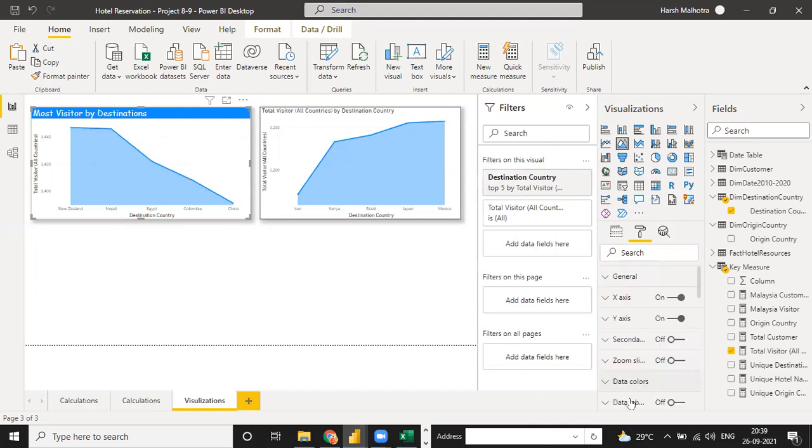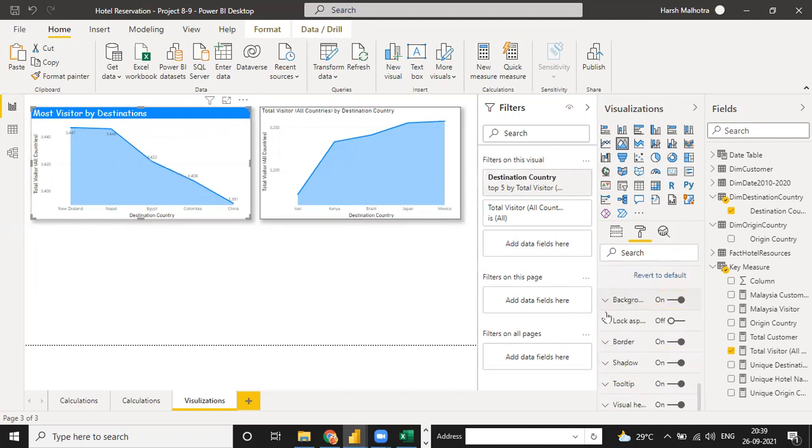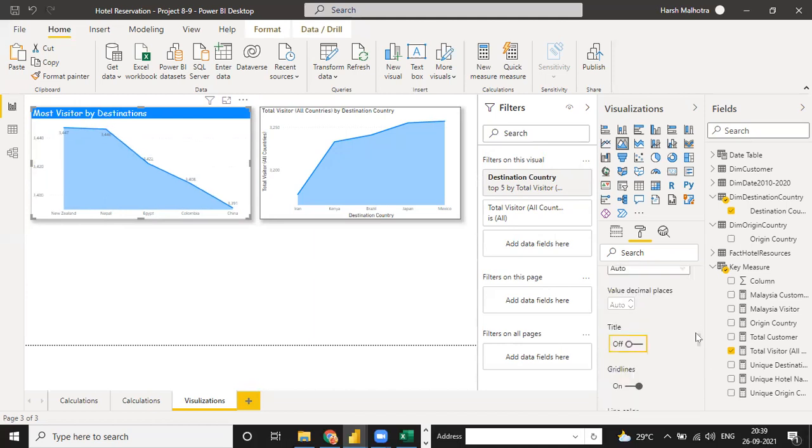Now I am going to do one more thing for the data label. I open the data label and see the values 3446, 3447. This is the top 5. In the same way, I remove the x-axis and y-axis. For the x-axis, I can only remove the title. I don't need to remove the name. The name is there, but for the y-axis, I can remove everything. I scroll down, turn the title off, and then turn off the y-axis because I don't need it.